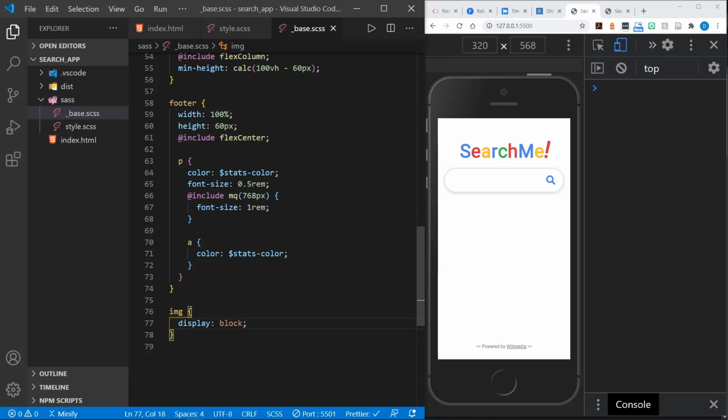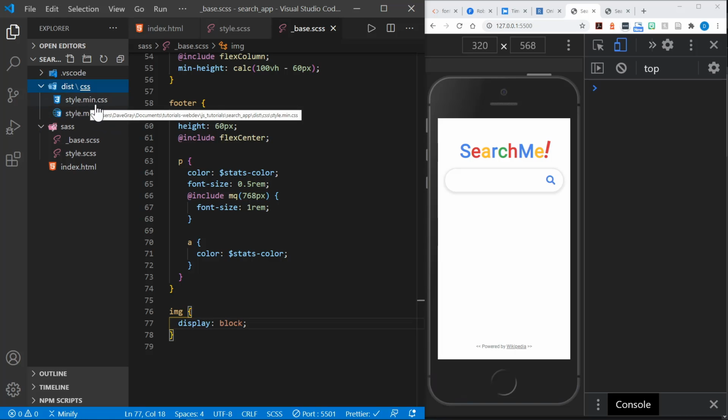And now that it started watching the SASS, you can see it created this dist folder. And inside the dist folder is a CSS folder. And I've got a style.min.css and a style.min.css.map. We won't use the map, but the style.min.css is what we need to pull into our index.html. Now, when you start Live SASS Compiler, it may not create, and probably won't, a dist folder for you, and